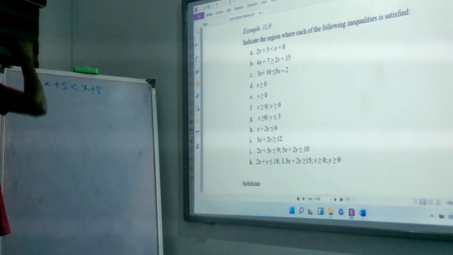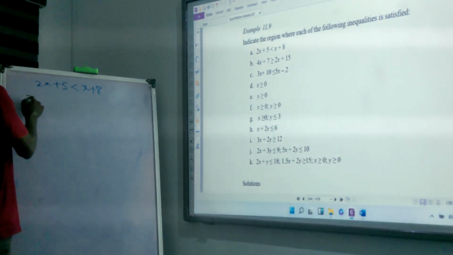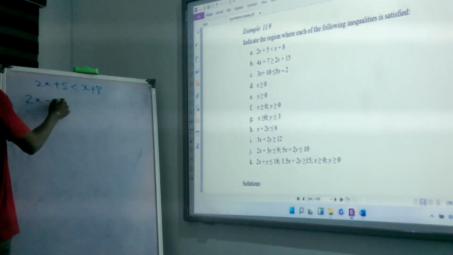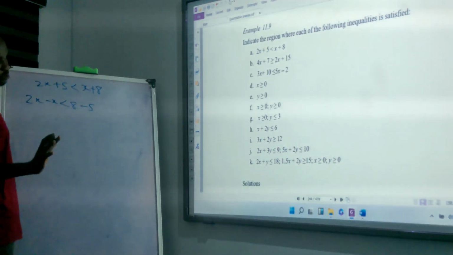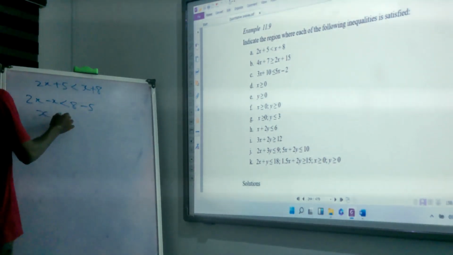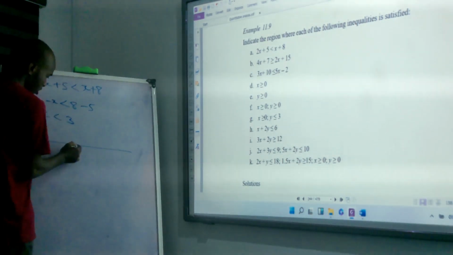The sign will change, have it? So by normal, the sign will be multiplied by negative. So we'll say 2x minus x less than 8. Move 5, that will be minus 5. We are still good. So we have x less than what? Less than 8. So if we draw this on a number line, since it's a single value x,